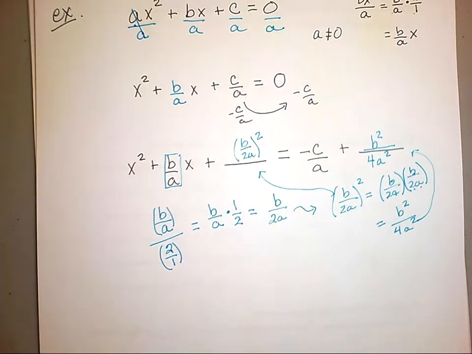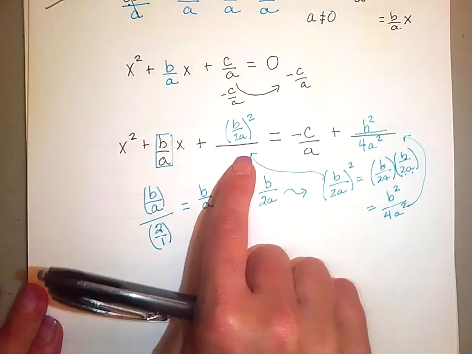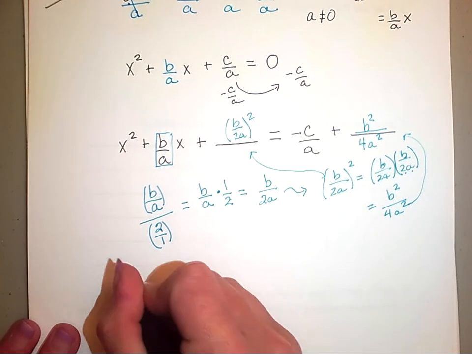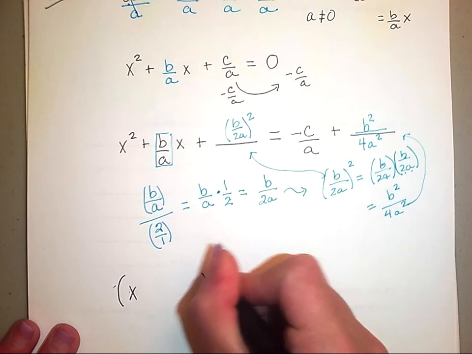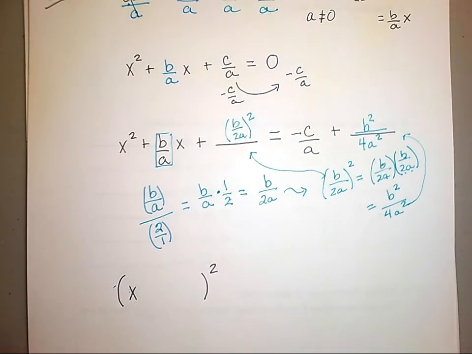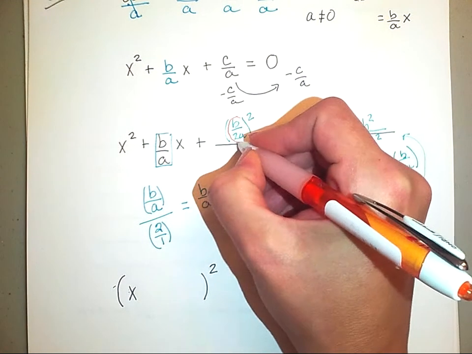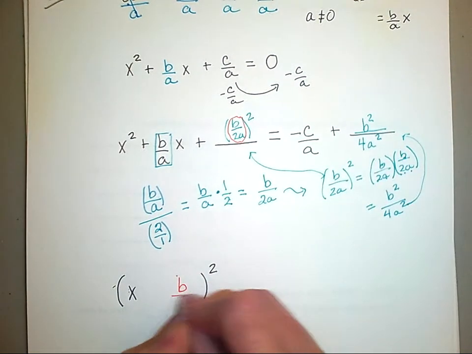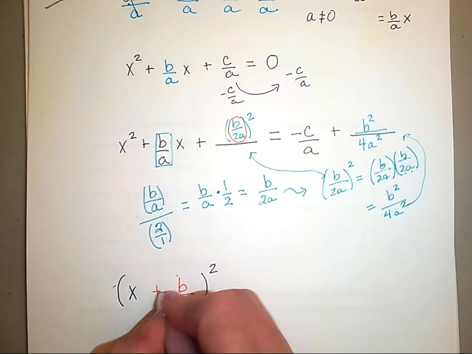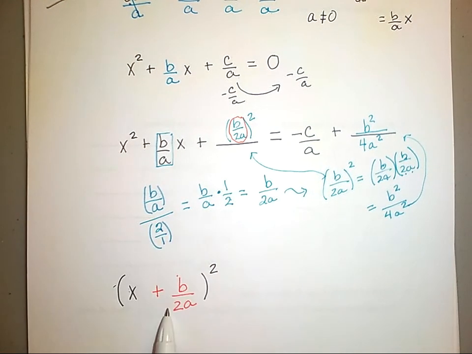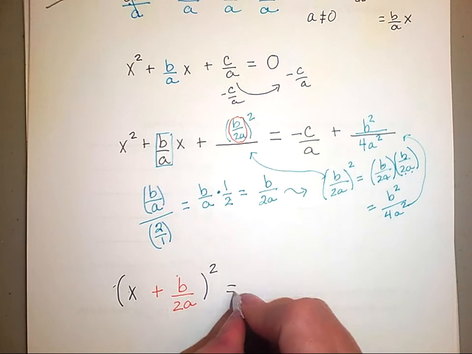Now that I've added this result, this side will collapse because it's a perfect square. It's going to collapse into x plus some quantity, squared. And what's nice about writing it this way is that I can take this b over 2a inside of here, and it is positive. And so that is how this will factor. I don't try and factor this in my head. I just know that this is how it's going to factor. And this will be equal to,